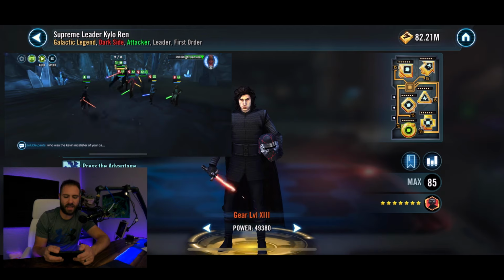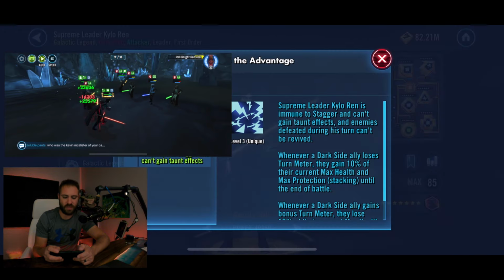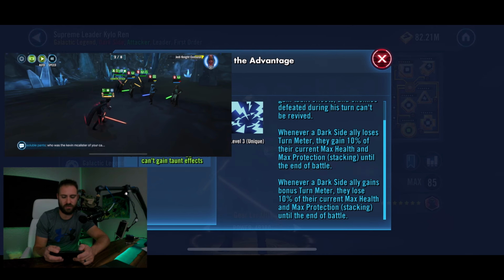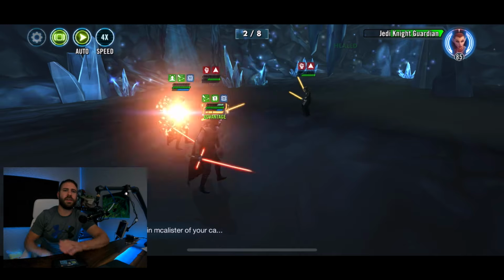Whenever a dark side ally loses turn meter, they gain 10% of their current max health and max protection, stacking until the end of battle. And keep in mind that this is their current max health. So one thing that you will notice in the run that I am showing you in this video is you